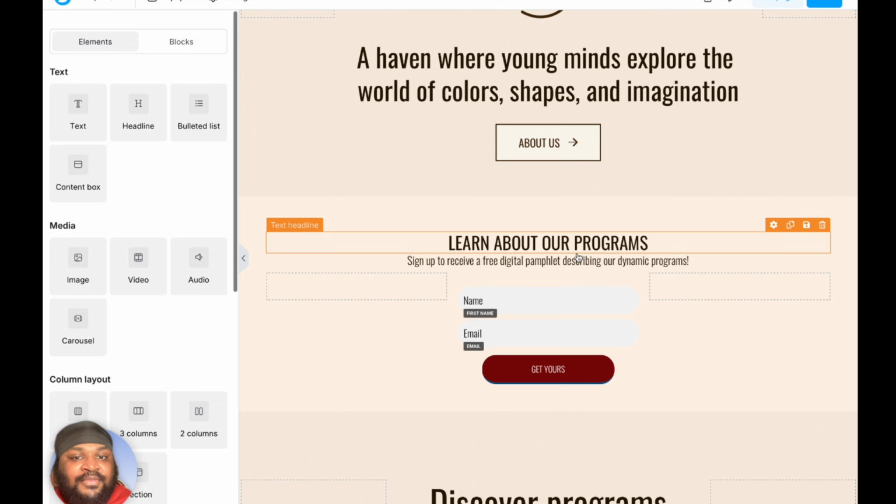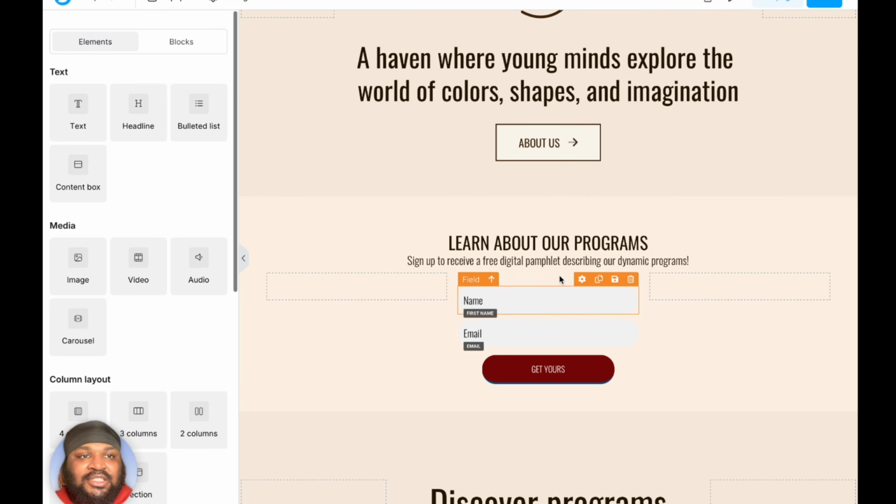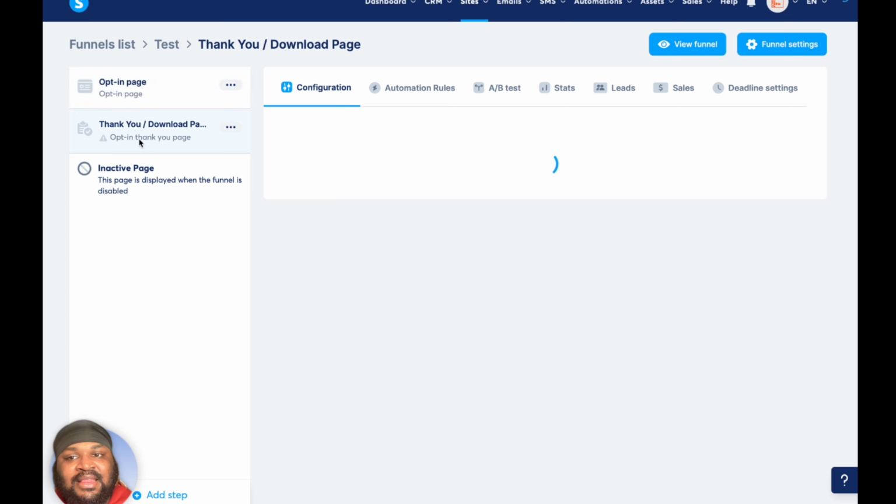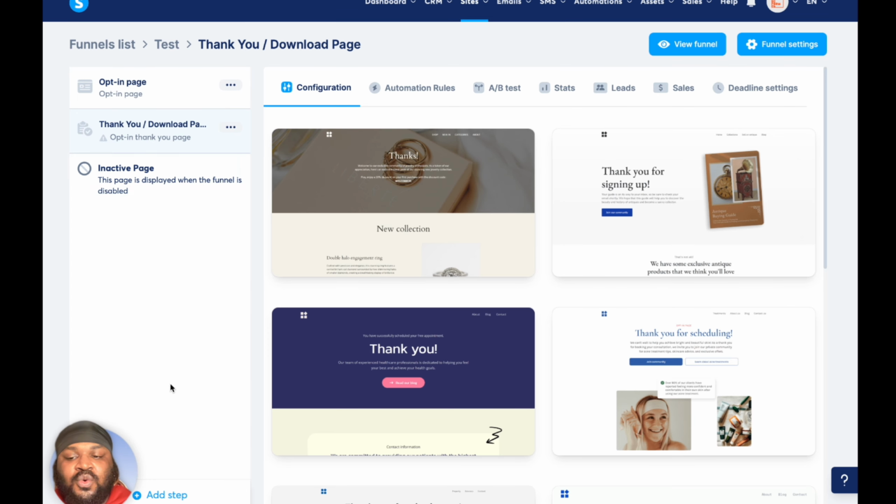Now we have what's important to get them over to the next page. Now, we're going to quickly go over the next page. We're going to say save. You're going to exit page, and they've already given us a thank you page. Now, if you want to go ahead and get them to sign up and say thank you, here it is,